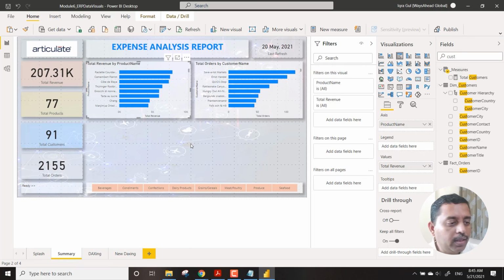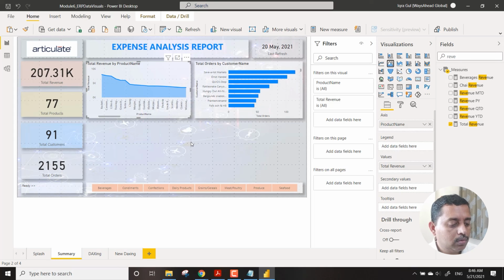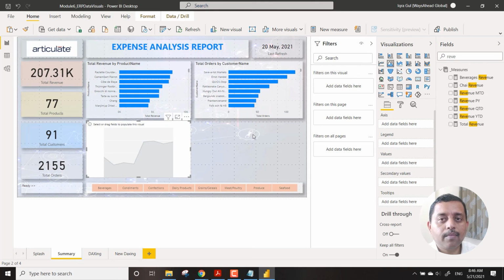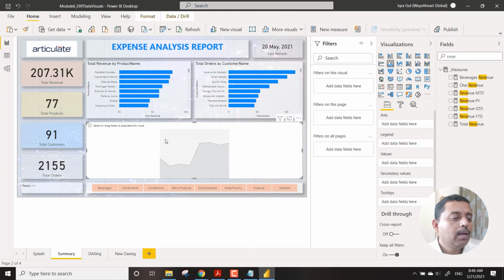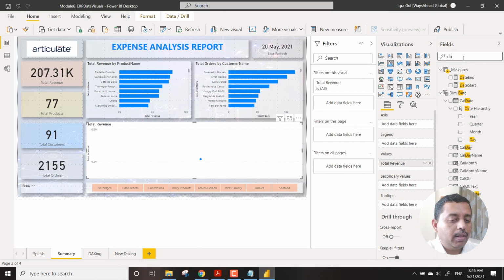So these 2 things, and then we have this particular area where we wanted to showcase the revenue, let's say, over time. So we have the revenue, and what we do is we take up an area chart. Oops, sorry. So make sure you are outside all these visuals. So you bring in the area chart, and we bring in the total revenue, which is by value. And then what we do is we bring in the date.